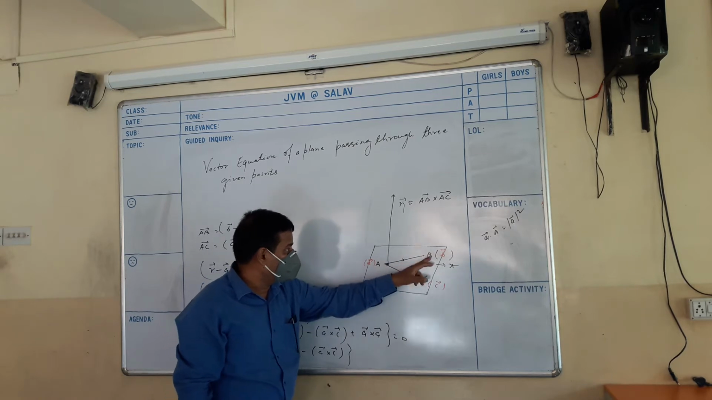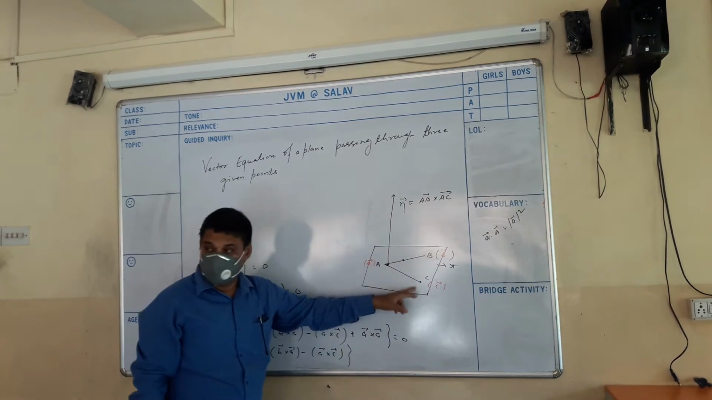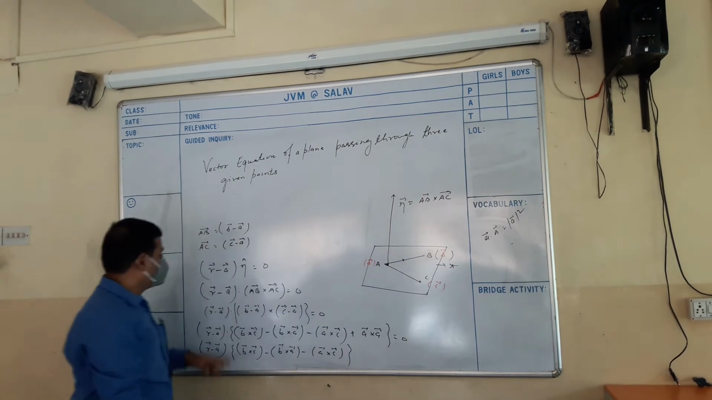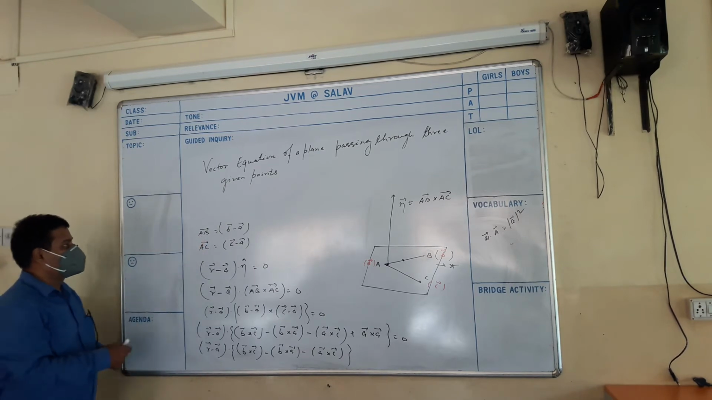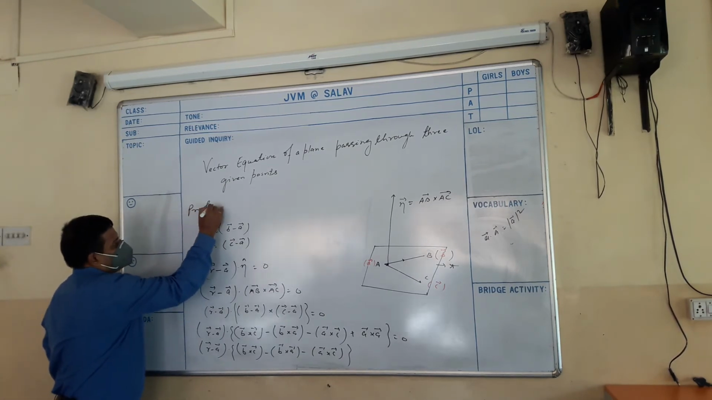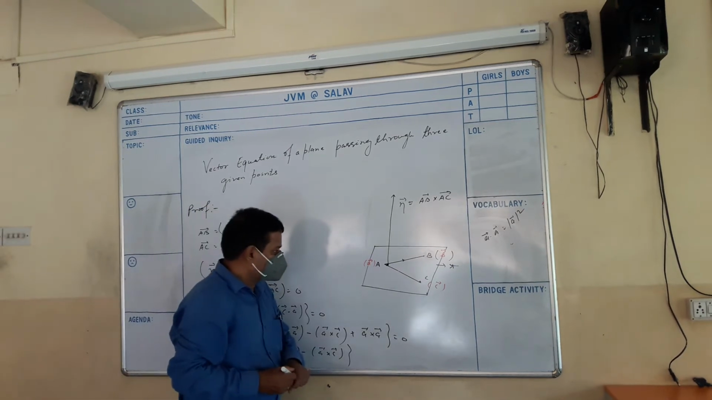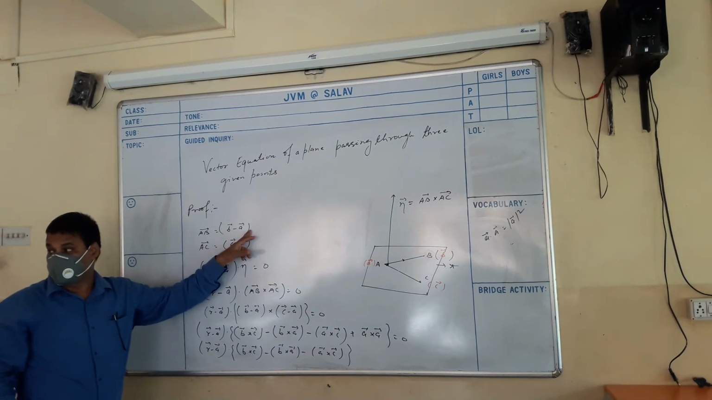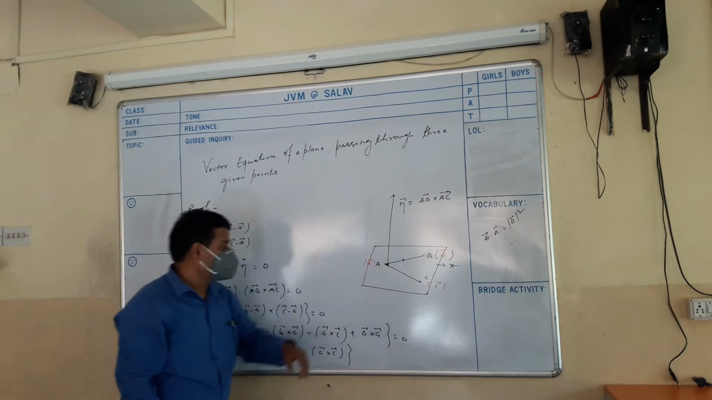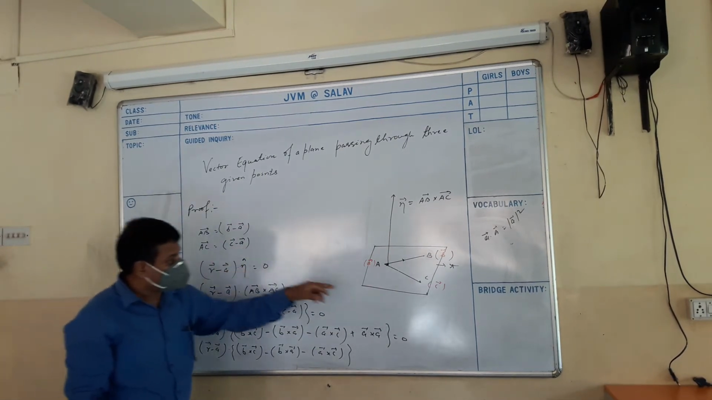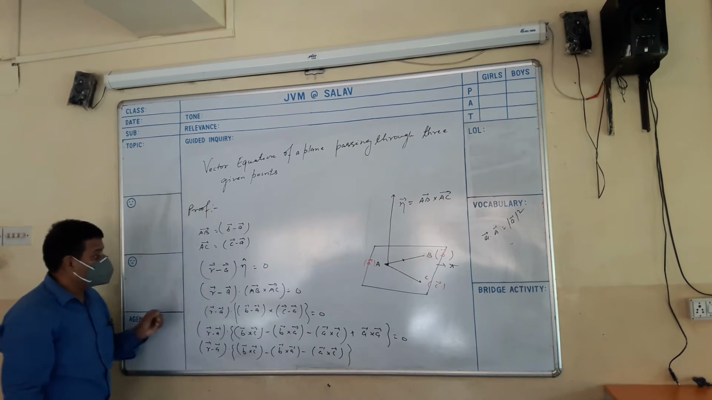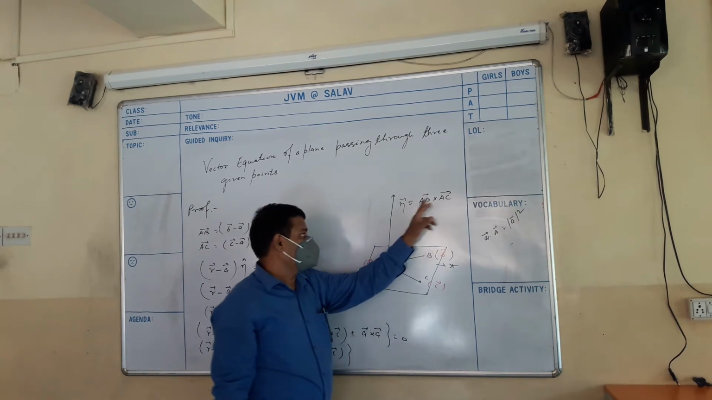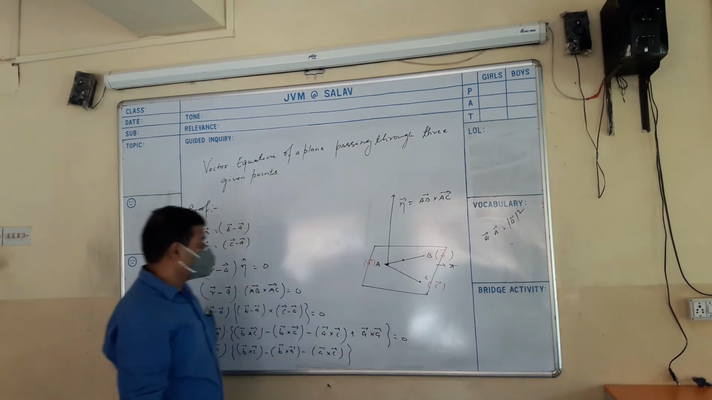N is vector AB cross vector AC. Now find out the position vectors: AB is equal to vector B minus vector A, and the position vector of AC is vector C minus vector A. Clear? So AB cross AC is equal to the normal vector N, and we know that the equation